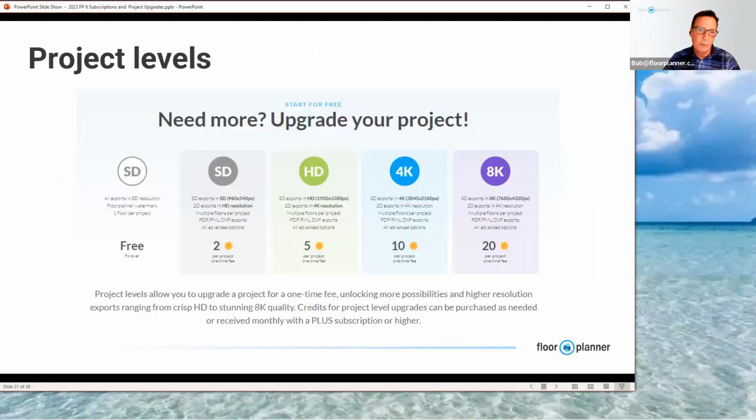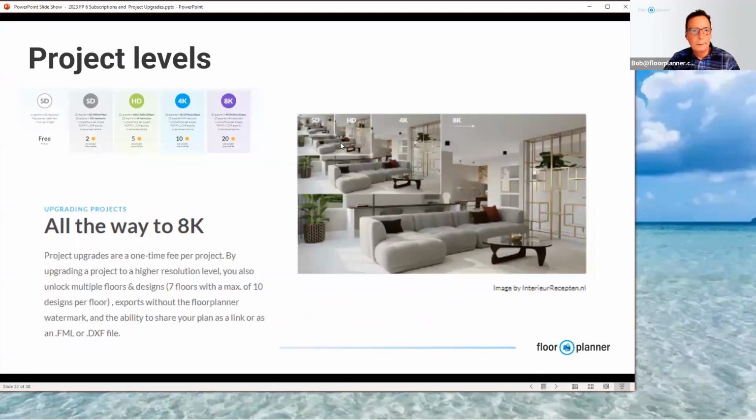I talked pretty much in detail about all of this, but you can see visually the different resolution pixel counts and the differences between the SD, HD, 4K, and 8K. And a visual of the same, that they are all equally photorealistic. It's just the pixel count. You also, as an SD level project or higher, do have the ability to go ahead and download your project,